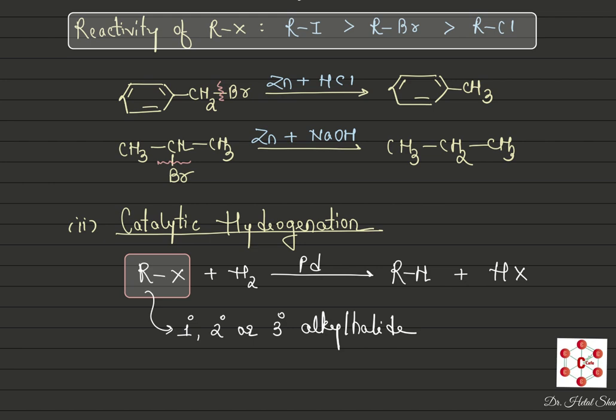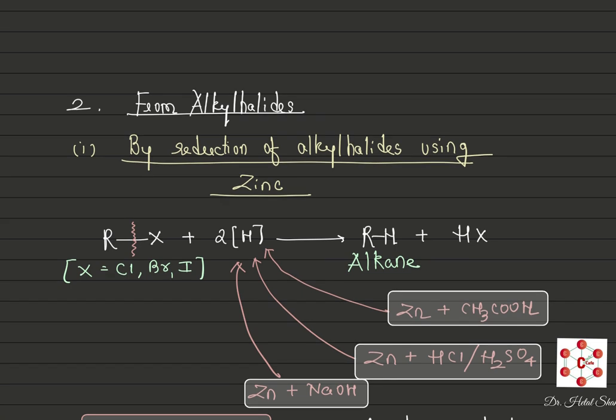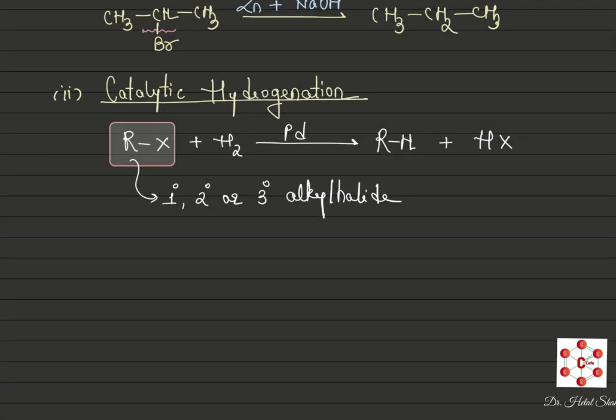Any of these, right? So that's catalytic hydrogenation. So we have one which is by reduction of alkyl halides using zinc, and this is the second, catalytic hydrogenation. The third thing that we have now